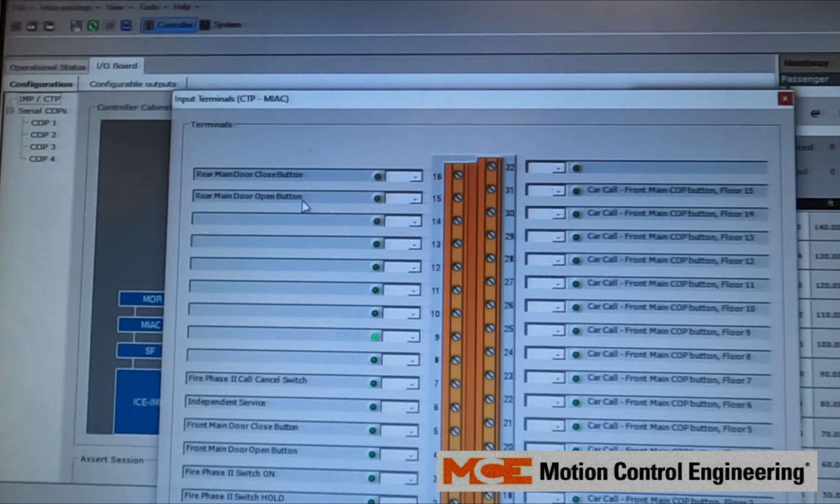Here you can see your inputs and outputs as well, and the MIAC board. Rear door main close button, rear main door open button,